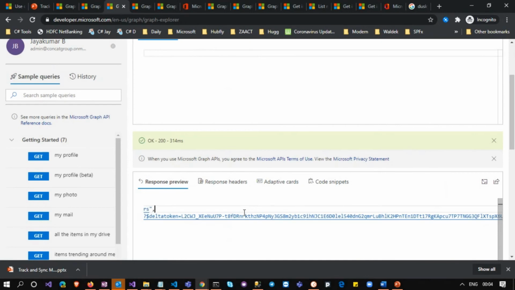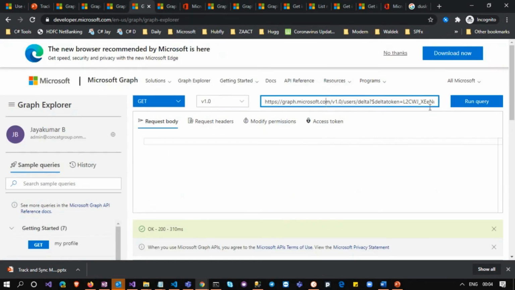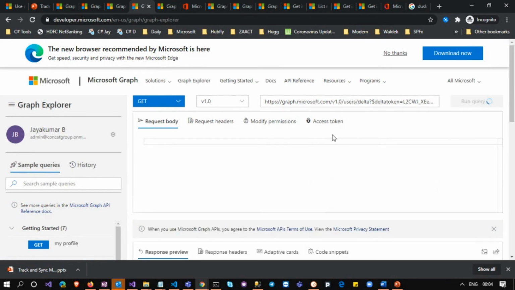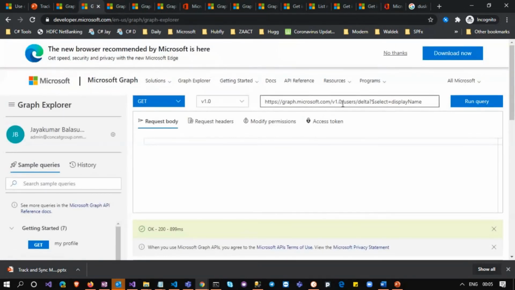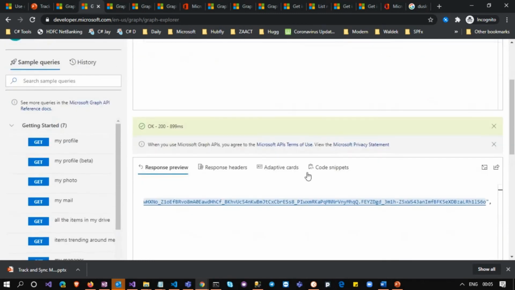Where I have pasted, sorry, I think this is the one. If you see, I get only the display name, even though I have updated the first name and last name in the update request. That's why, as we have already seen in our slide, whatever the delta query returns is completely based on your initial request. We requested to select only the display name, so that is in the internal token that is being maintained.